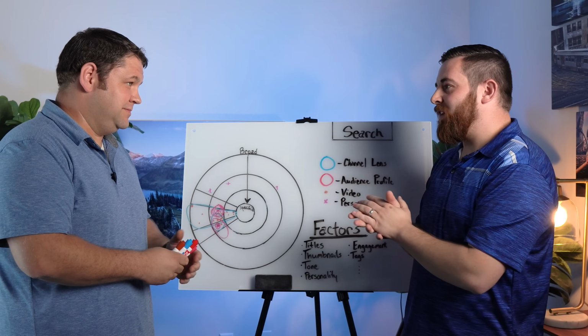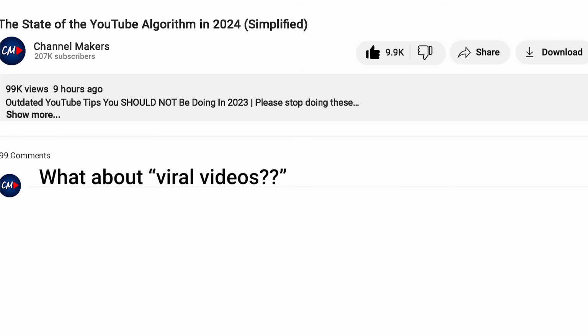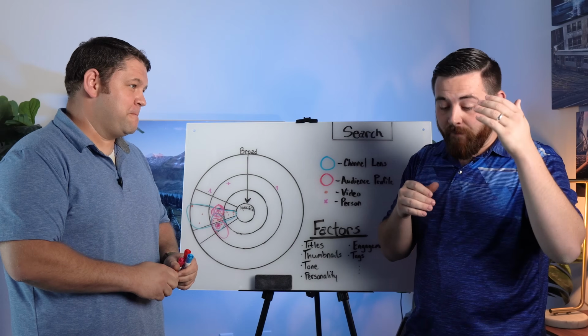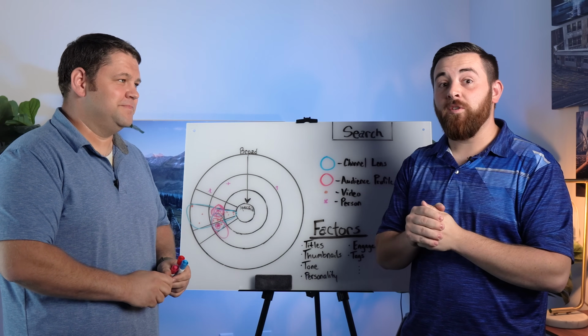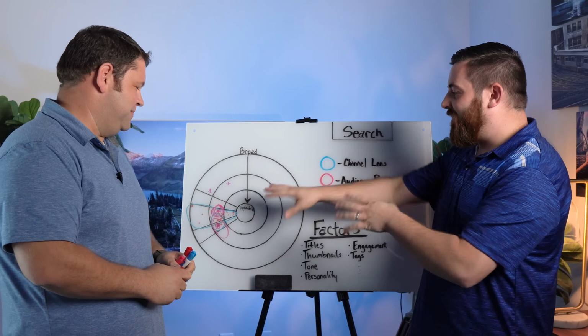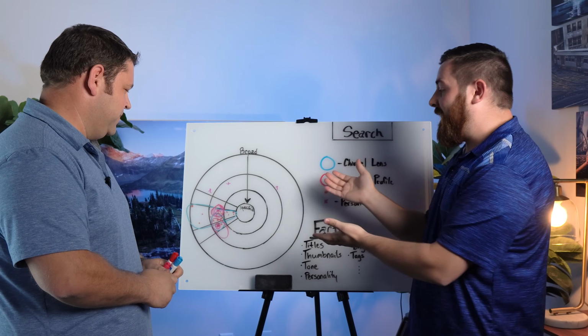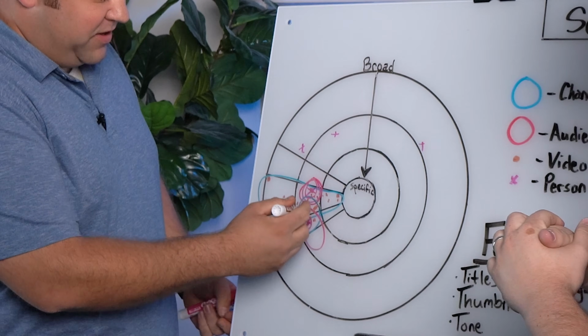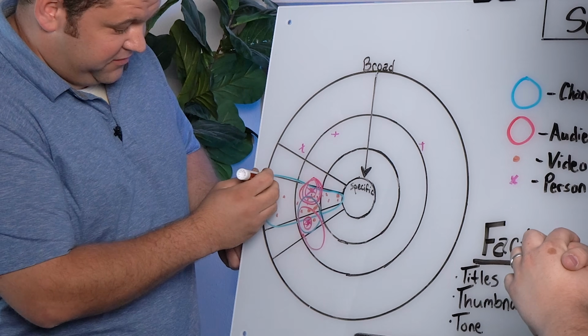All right, in last year's video, one of the big questions we got in the comments was, what about viral videos? There are a lot of small creators who work for month after month, maybe year after year, and they don't have very many successful videos, but they'll have one just take off. Well, what about that? Because I think that this is really cool, but I would be interested to see, like, maybe we could show them, how does that apply? You have this channel, maybe your channel lens isn't very well defined. So you do make this video way out here.